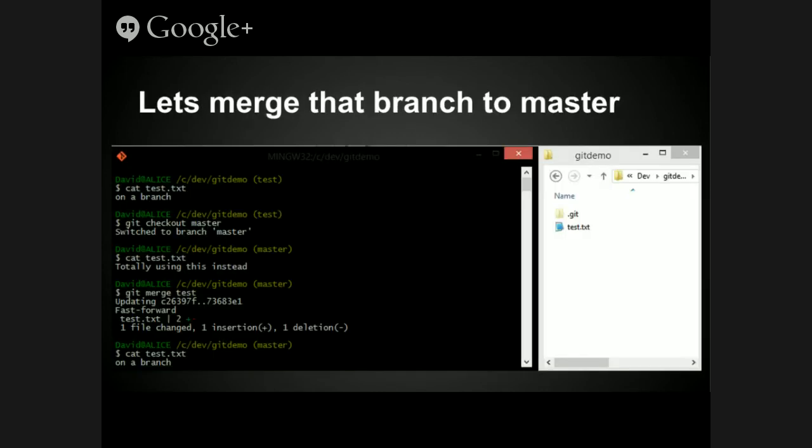So, okay, I'm happy with the changes in my branch. Let's merge it back into master. So I'm going to, again, just demonstrate that I'm on a branch. So I'm on the test branch, and you'll notice that the branch specification in the command prompt tells you where you are at all times. So I'm now going to git checkout master. The way you merge in Git is you switch to the place that you want to be merging into. So I'm going to go to master, and then I'm going to say git merge test. So give me all the changes between where master is and where test is, and merge them into master.